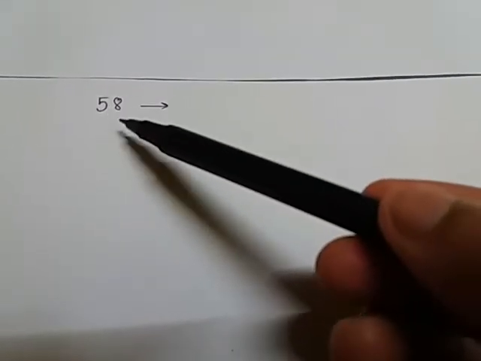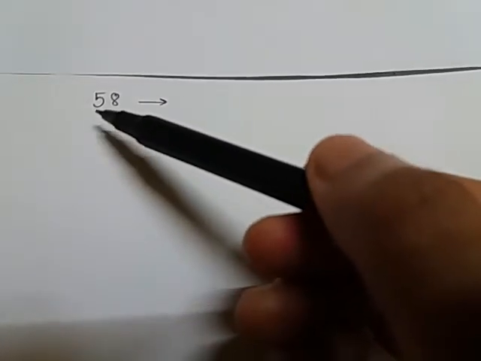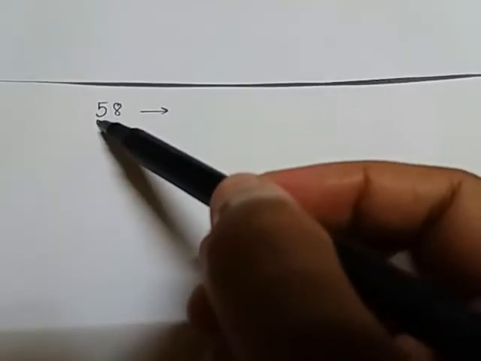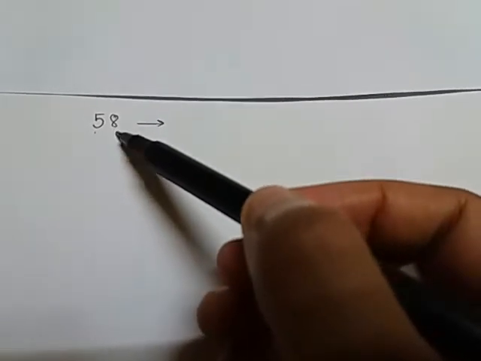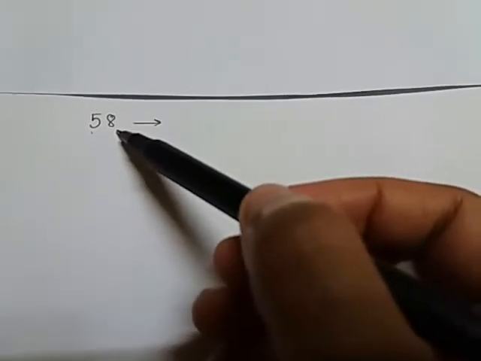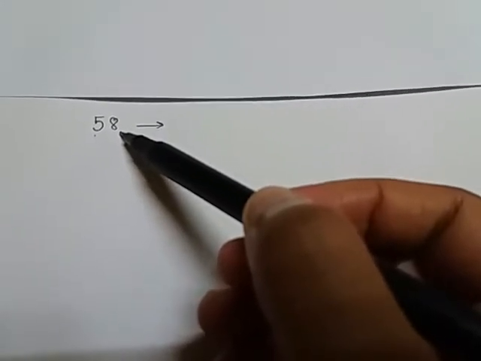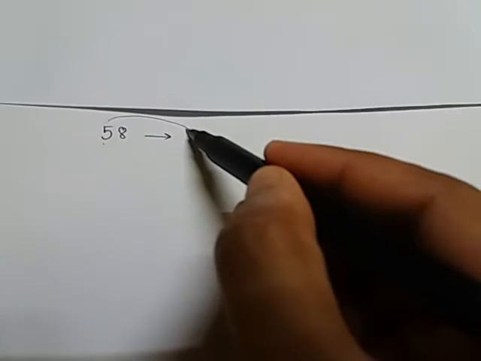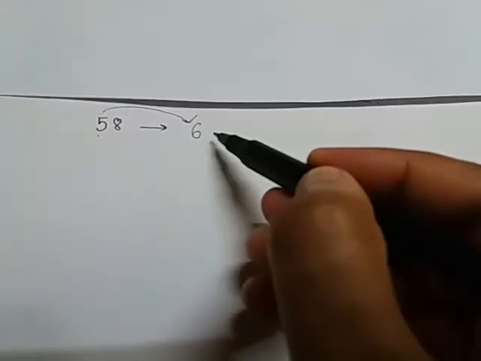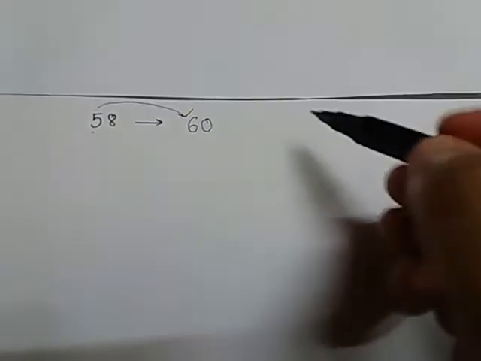Let's suppose I want to round this number 58 to its nearest tens place. So for this I have to look at the number which is placed at the tens place, which is 5 in this case. Now in order to round this number, we have to see the digit which is standing exactly right to it, whether this falls under the weaker number group or the strong number group. We know it falls under the strong number group. As a result, the number will round up and this will become 6, and automatically the other place value will become 0.